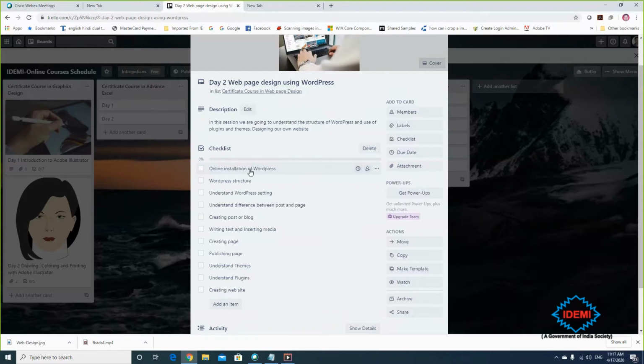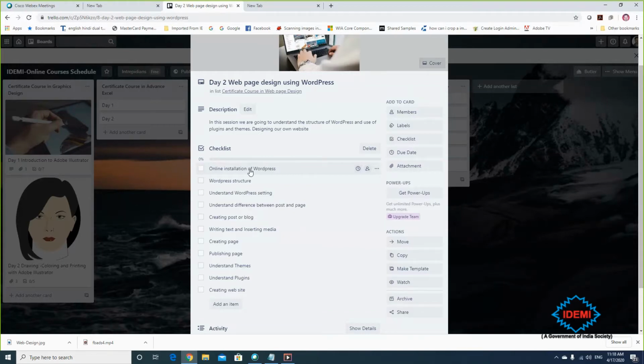So that's why I'm taking this part and showing that 80% of things are the same in post and page. You have to understand the 20% difference between post and page, and we will see that by example.